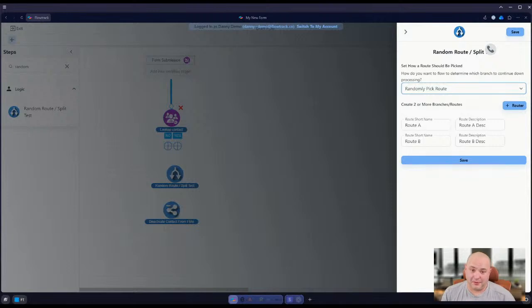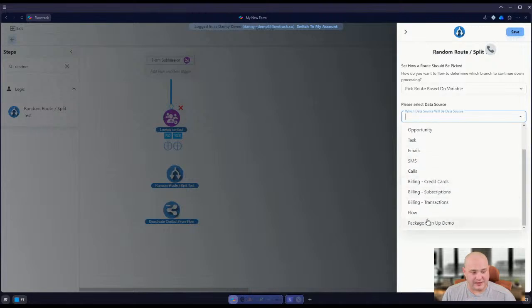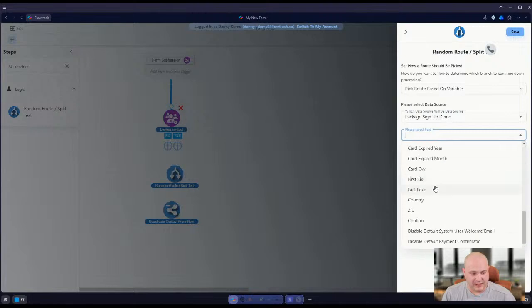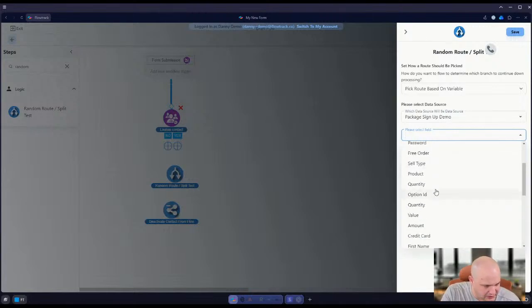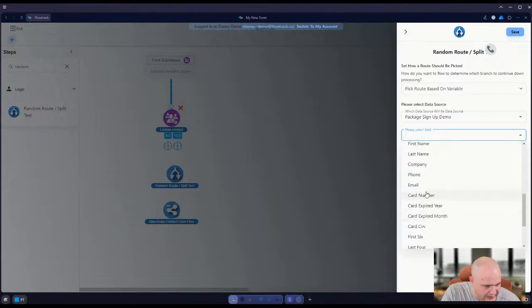That variable can be the form. And because the form is the trigger, I can now see the form down here as the data source. This is the name of the form. And check it out. These are all the entries on the form. So, what I'm going to look for is something maybe with product. Let's see here. These are all the entries,